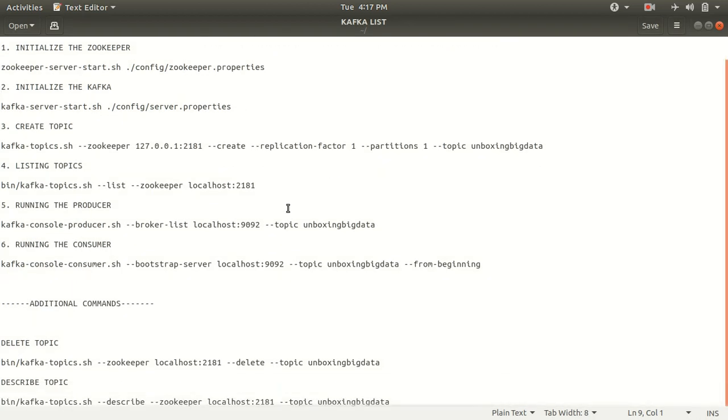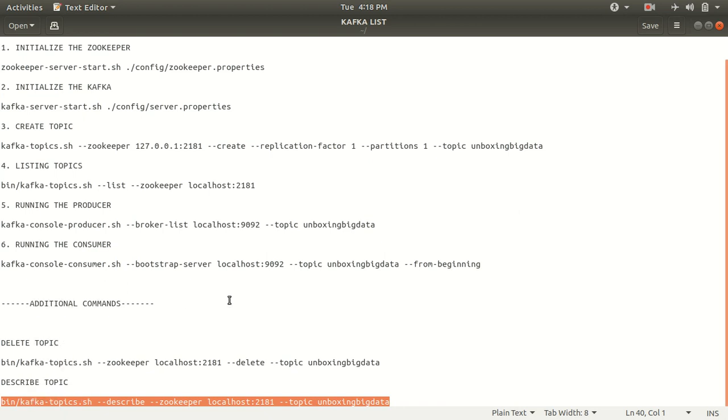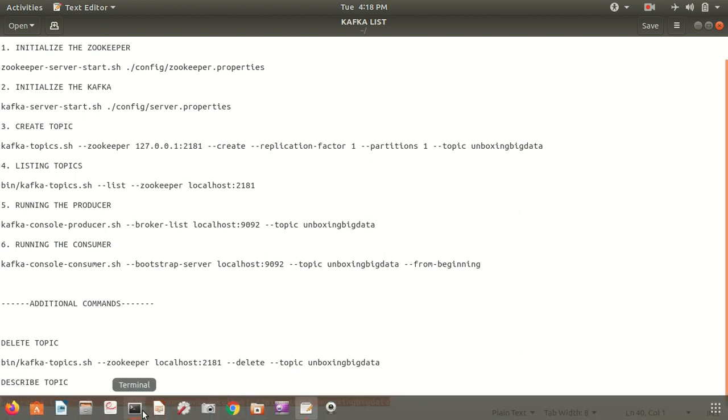But before I end, I need to discuss 2 more additional commands that will help you in doing further. So let's suppose now I want to see what we have in this topic. I need to check its description. Like in the case of our DBMS, we used to write the command DESC space table name, to see what my table is all about. In this case, I want to check what this topic is all about.